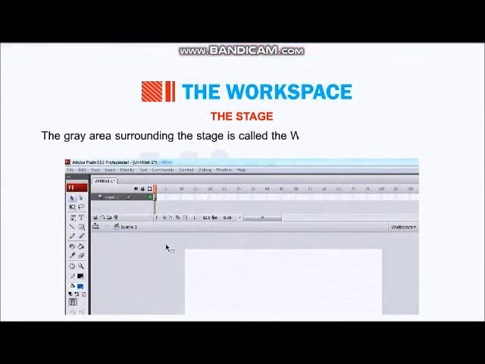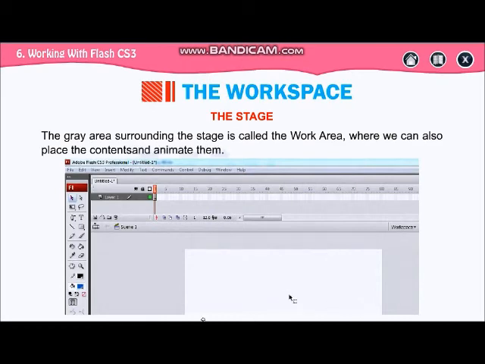The gray area surrounding the stage is called the work area. Okay, the gray area. स्टेज के आसपास का ग्रे एरिया. ठीक है. Where we can also place the contents and animate them. जरूरी नहीं है स्टेज पर ही करना, आप यहाँ पर भी कर सकते हो. ठीक है. बाहर से आपको कुछ मूवमेंट दिखाना है, then you can place it here also.